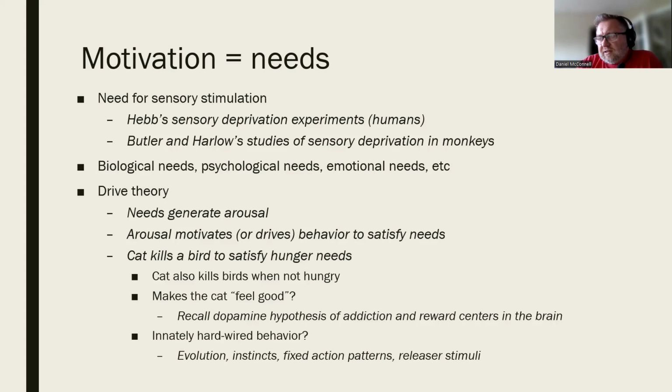So in that case, I could describe, for example, a cat hunting to satisfy its hunger needs, right? So we might suggest now that this idea that eating when you're hungry is somehow pleasurable, right? Why is it pleasurable? Well, of course, because it may be pleasurable to reduce the negative arousal of hunger. But of course, it's also the case that sometimes these kinds of need-based behaviors activate the dopamine pathways in the brain. Satisfying needs and experiencing rewards are pleasurable because they also activate dopamine.